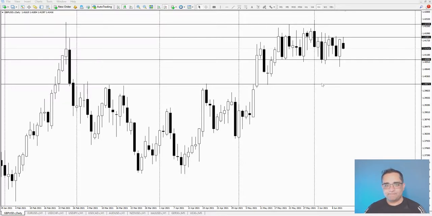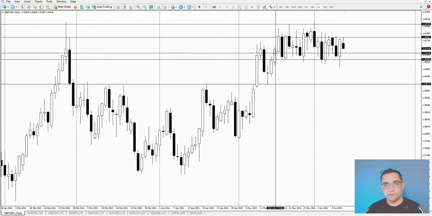Okay, you want to trade Forex? I'll show you how to trade Forex. This is the pound dollar daily chart. What do you see? I mean, from this point onwards,